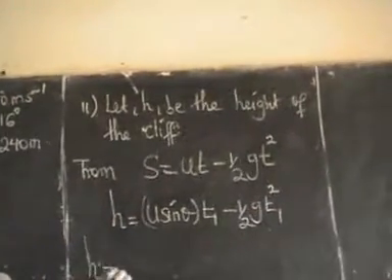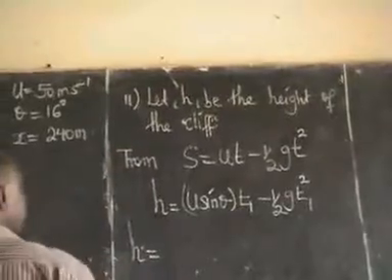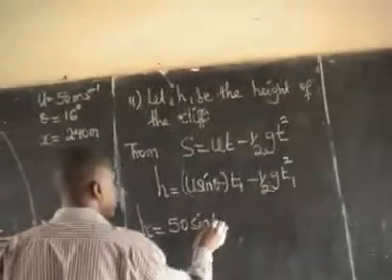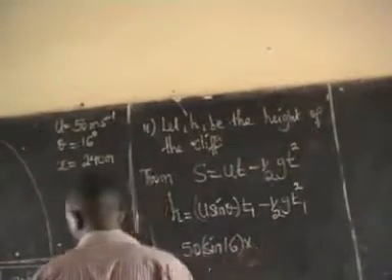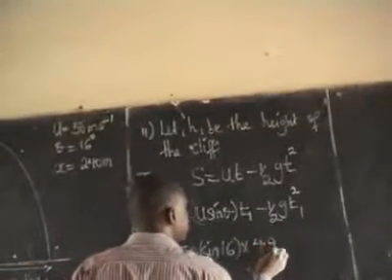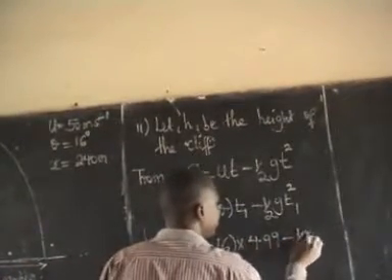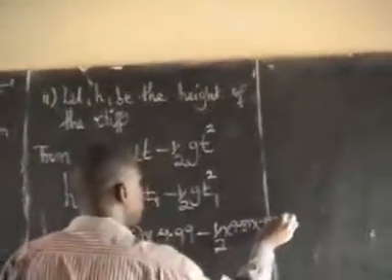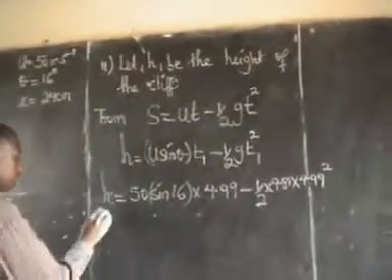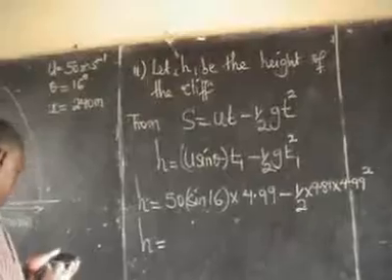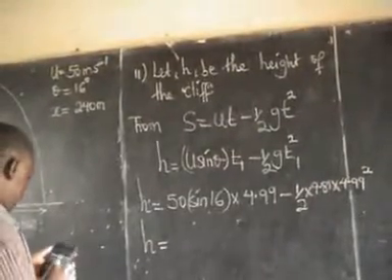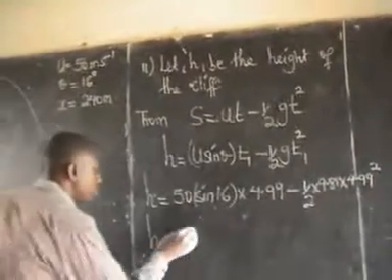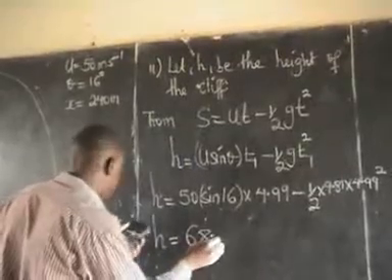So u is 50, this is sin 16 times t1, which is 4.99, minus half times 9.81 times 4.99 squared. You get your h as 50 sin 16 times 4.99. This is 68.77